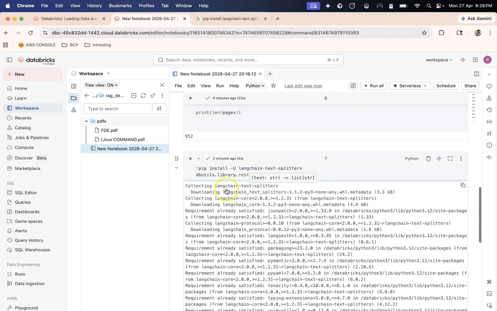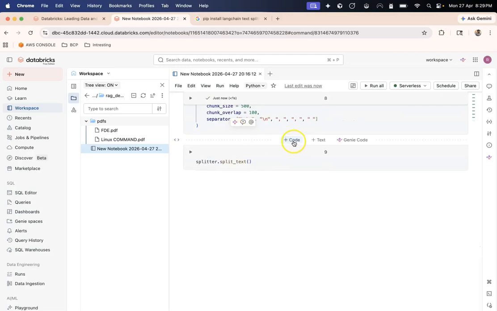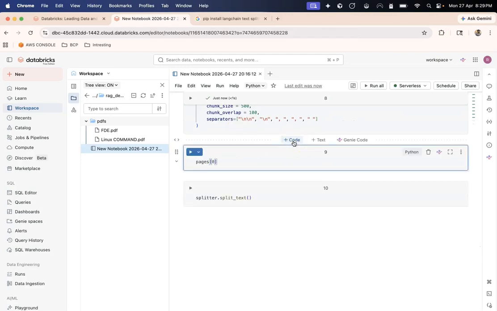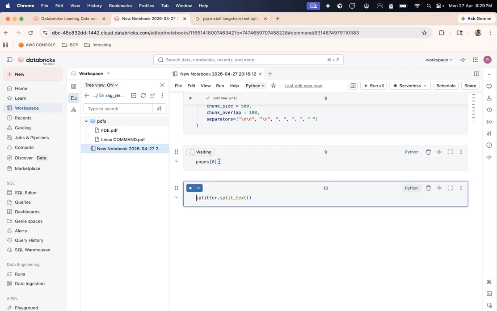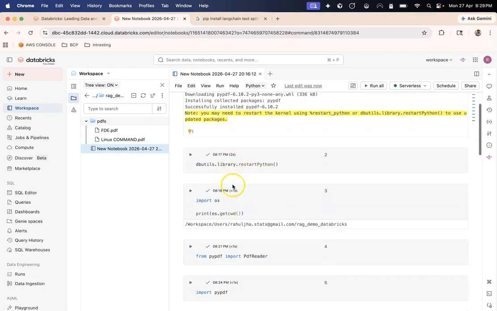Let's see. I have got this pages. Pages is a list. Now, if I, let's say, print the first page entry, it will be the first page of first book, and obviously that will be less text heavy, so that we can see that output visually. Pages is not defined because we restarted our Python.